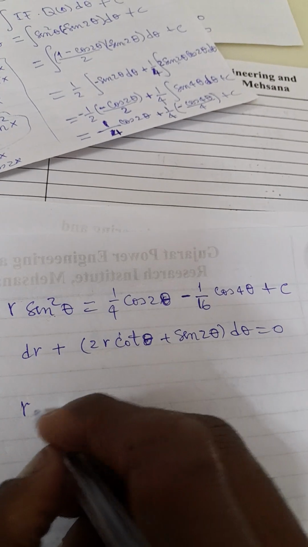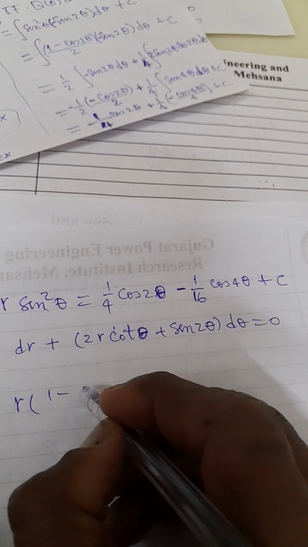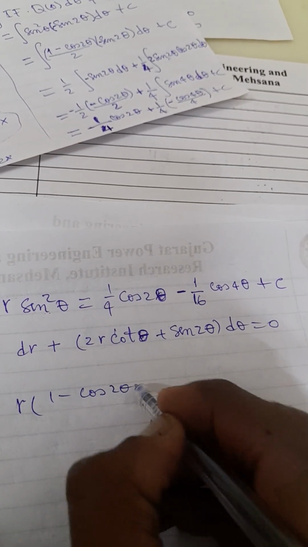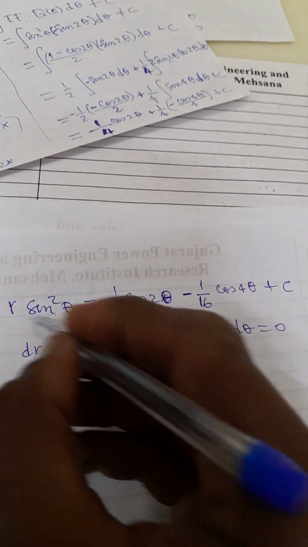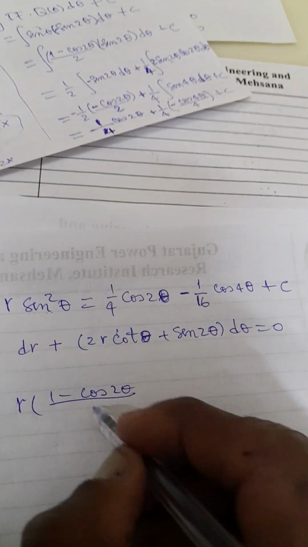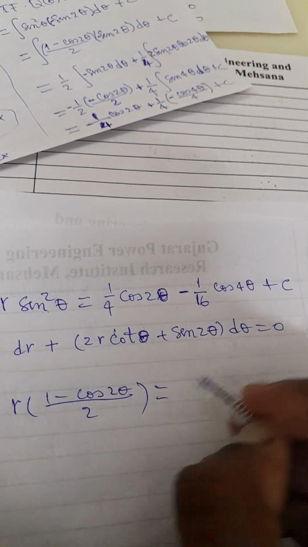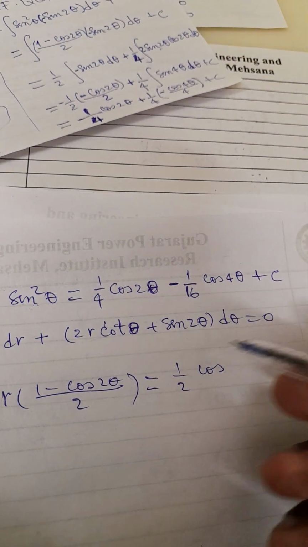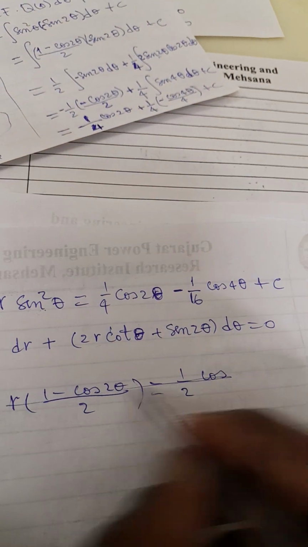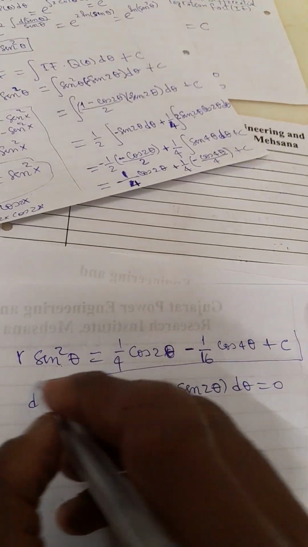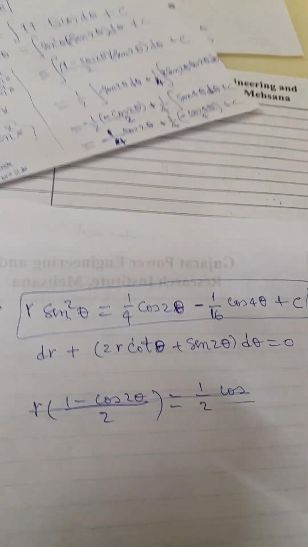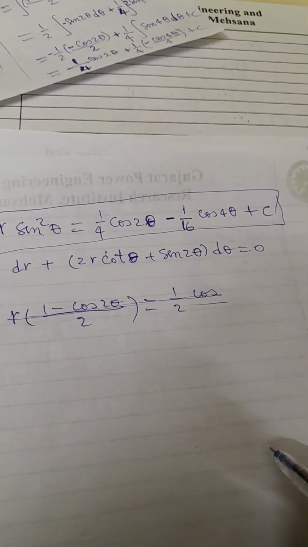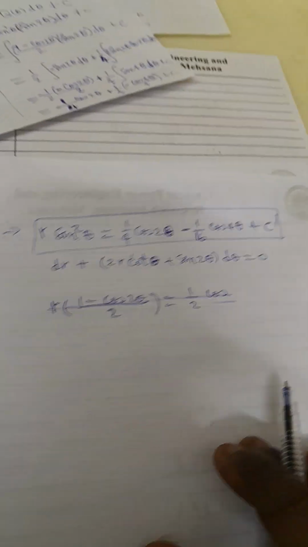Like r sine square theta here is (1 minus cos 2 theta) by 2, because here you have sine square of theta. Then you solve 1 by 2 cos. Here you have this one, then solve this one, but it's up to you. From here it is fine. Now let us jump to